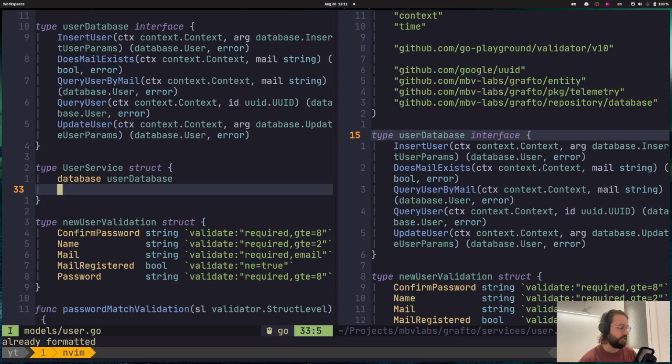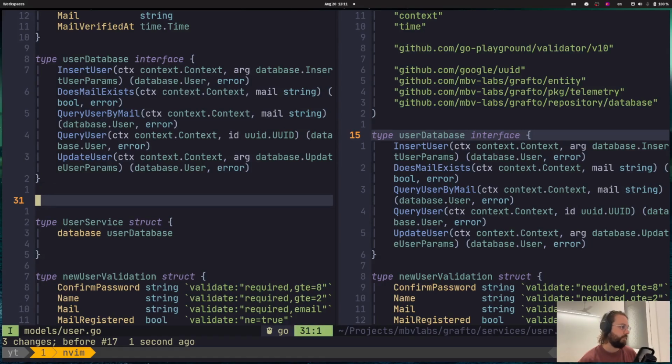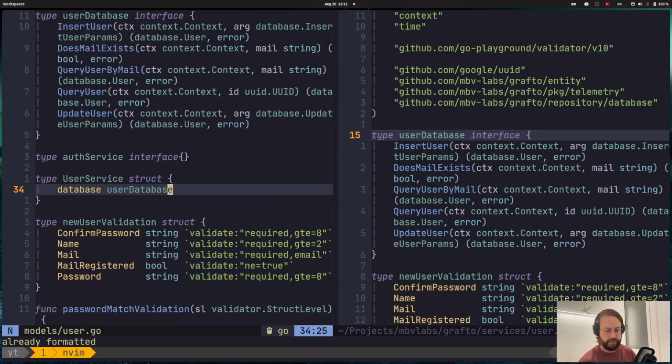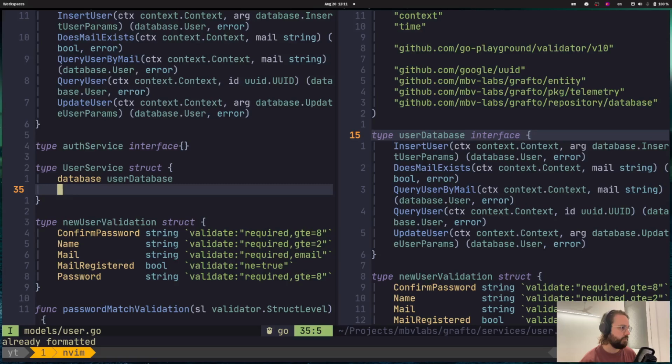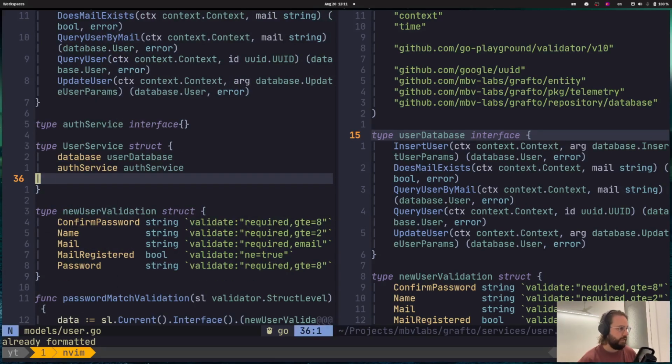And then we're going to be having later on an auth service, because we need to do some stuff when our user signs up in terms of hashing and peppering their password. So let's just have an empty interface for now. And then we're also going to be needing our validation